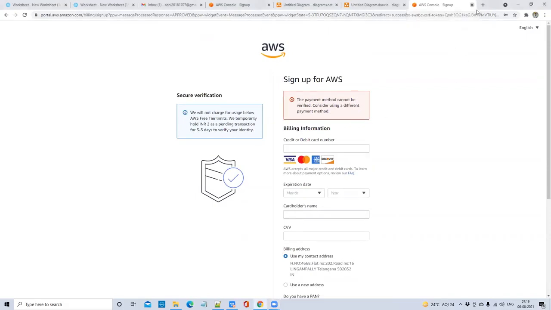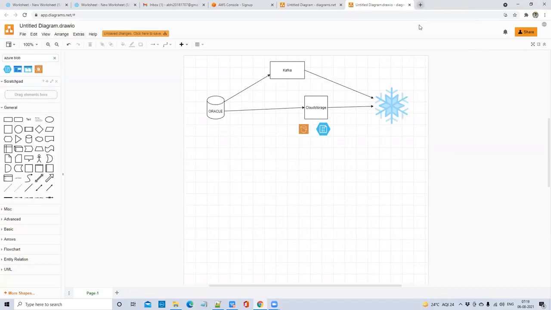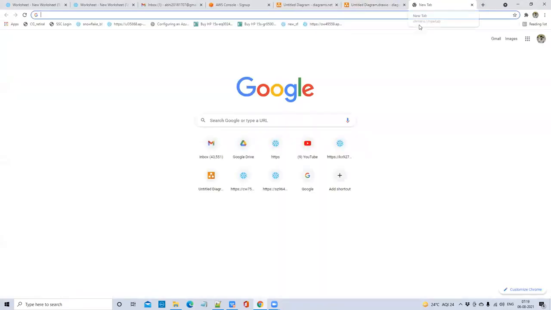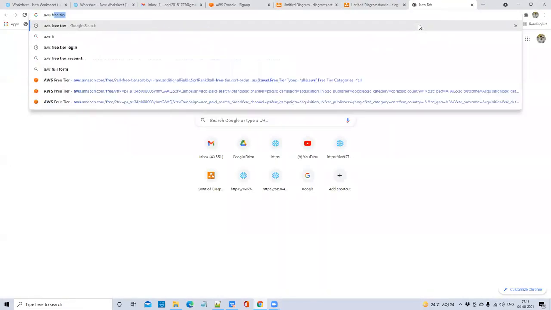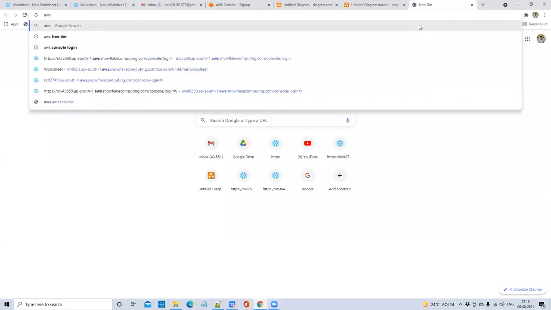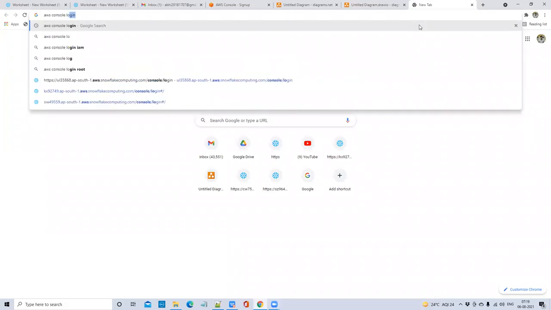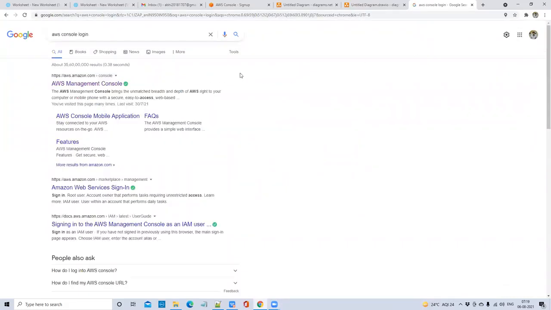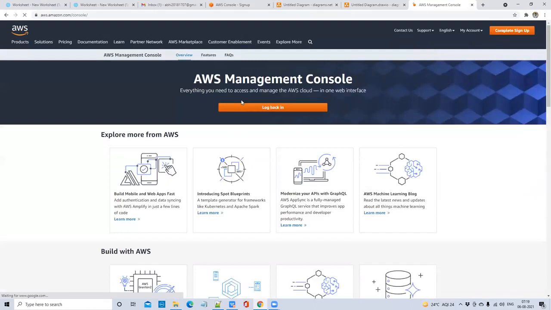Once you create the account, you can log into your account. Type AWS console login. I have already created it long back.